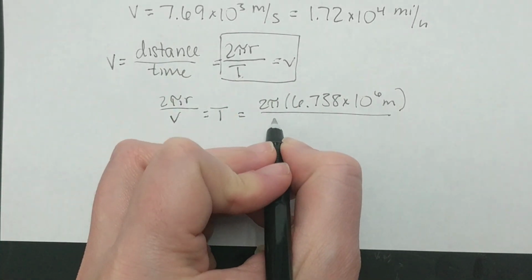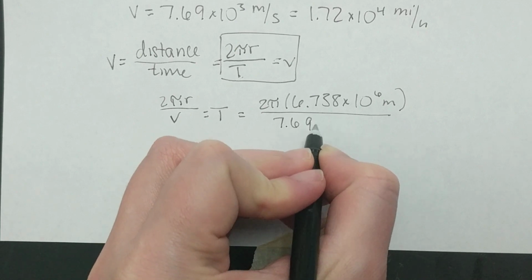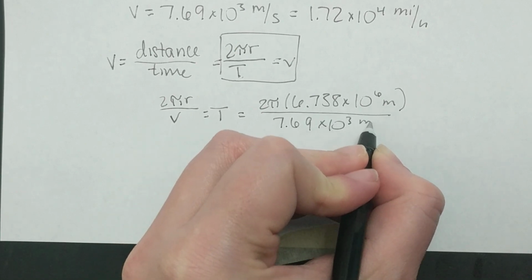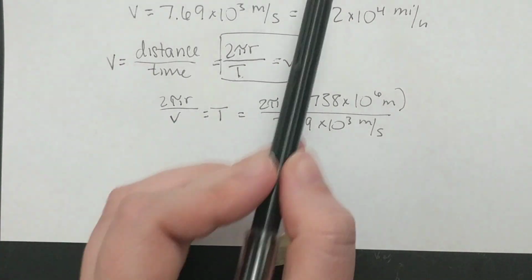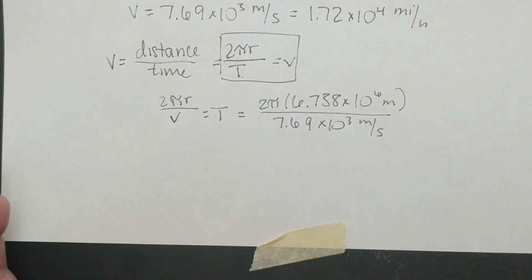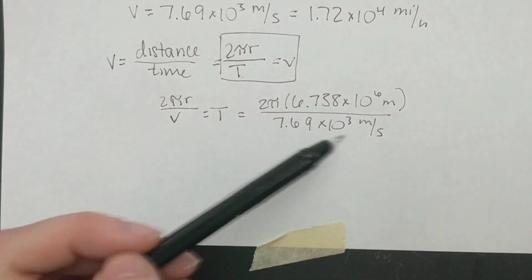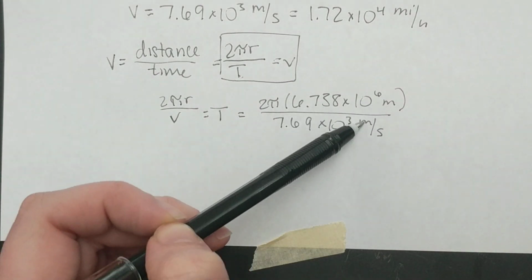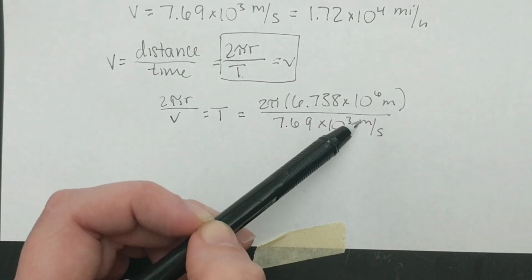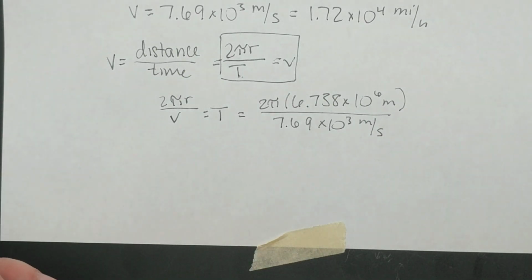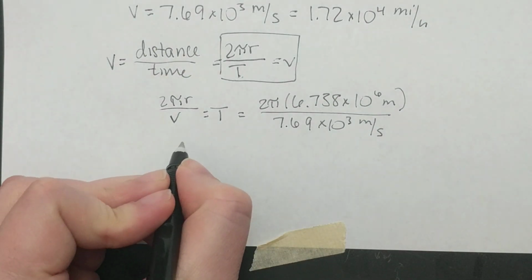This answer does depend on what we just computed, so hopefully we did that correctly. If not, we can always plug in the expression and go from there. Just making sure the units work out: meters cancel with meters, and we have 1 divided by 1 over seconds, giving us just seconds. So when we do this computation,